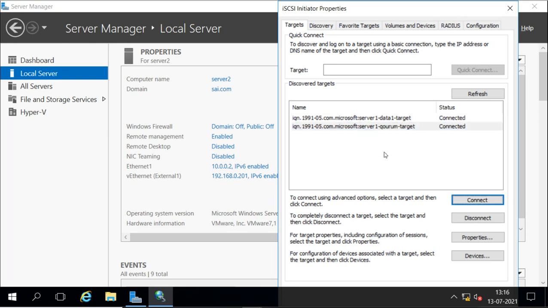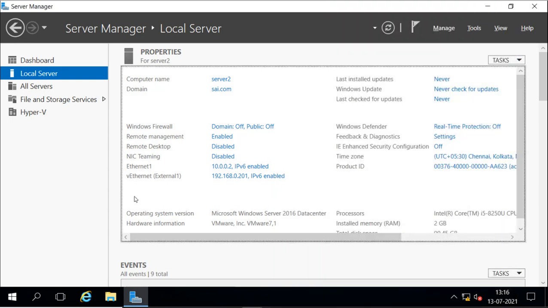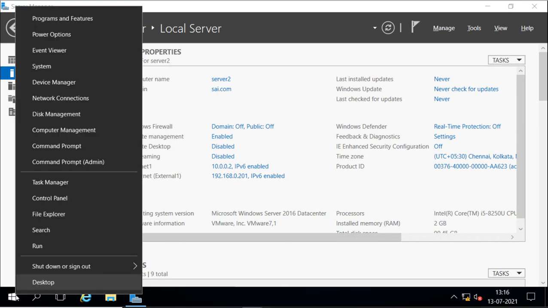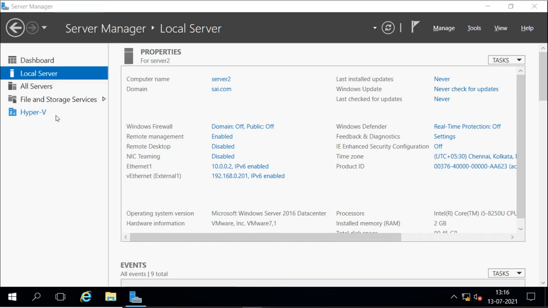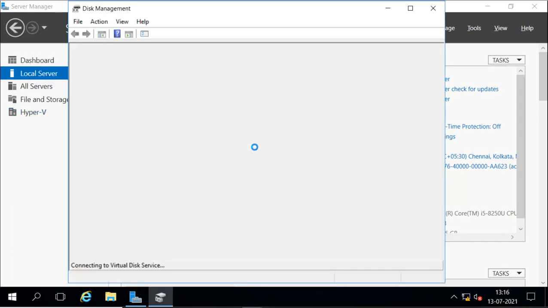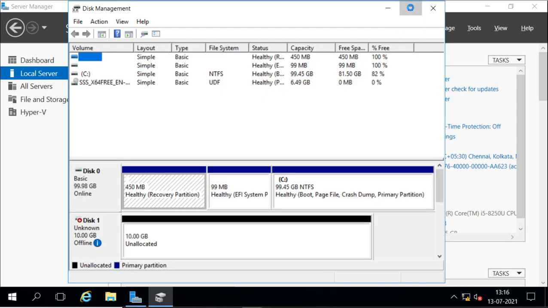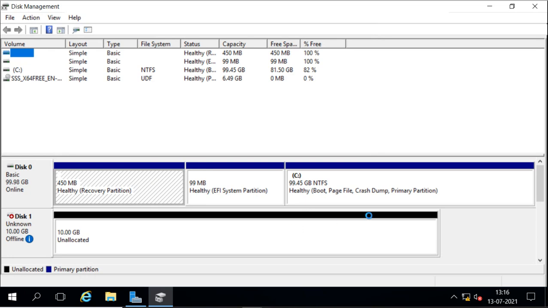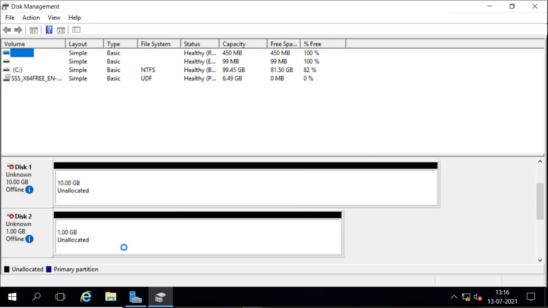Now I will go to Disk Management and make sure that it is online. Both the disks are online. This is the data disk and this is the quorum disk.